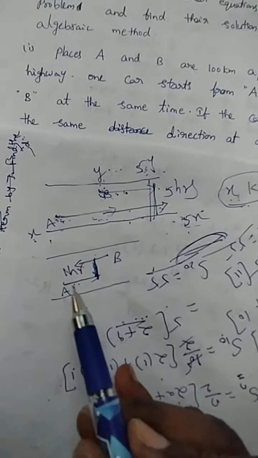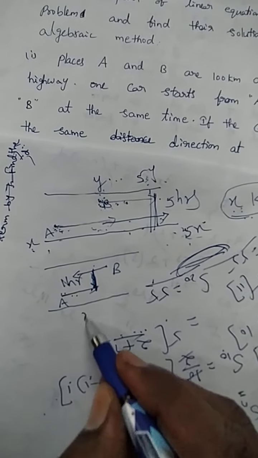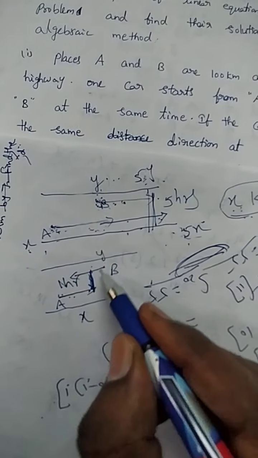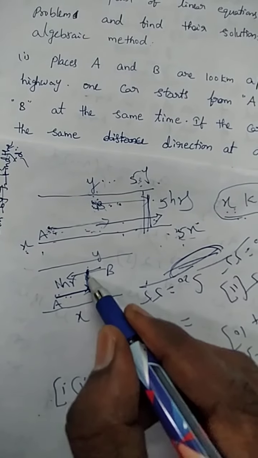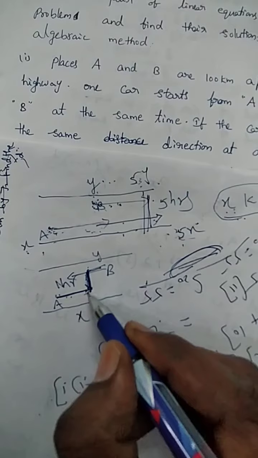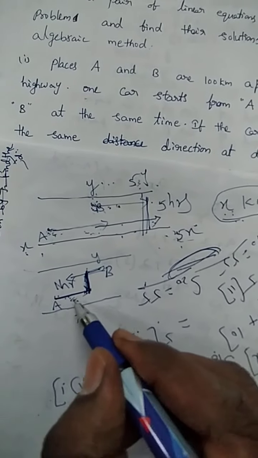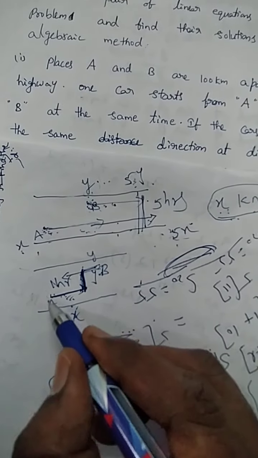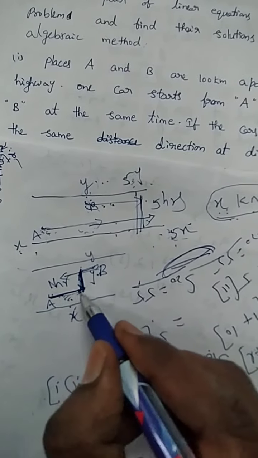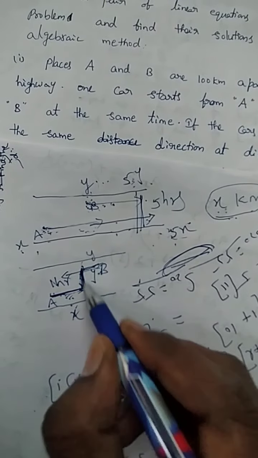In the same situation here, within 1 hour one car travels x kilometers and the other travels y kilometers. Then they are meeting, means in 1 hour, x kilometers and y kilometers, they are meeting. That is not a difference; how many kilometers did they cover? It is x and it is y, both are added, and that is the distance between points A and B. Clear what I said?